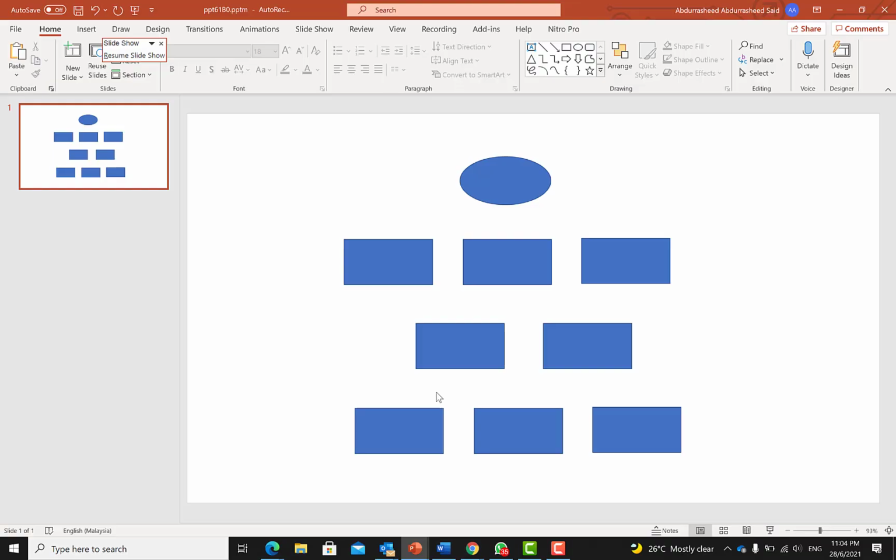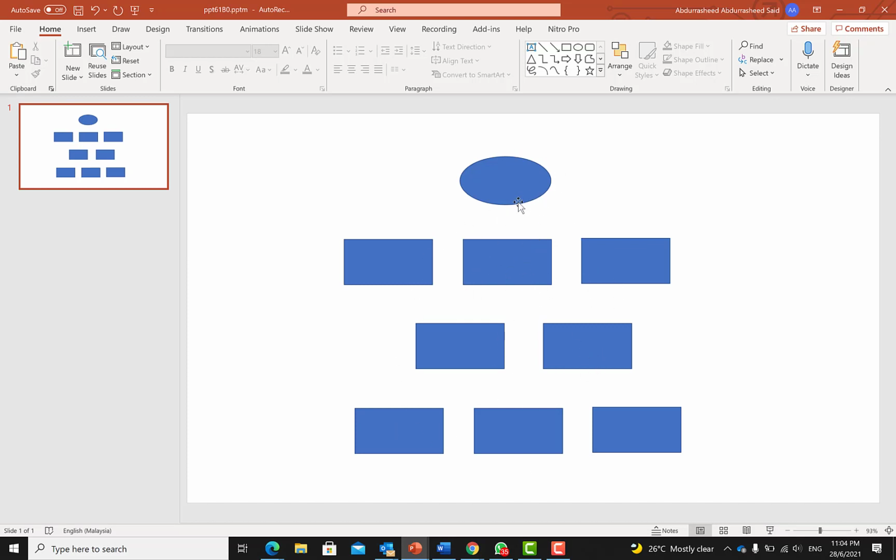So the next tip that I have for us is actually how to use the lock drawing mode. Lock drawing mode is a very important feature that we can use while drawing our flowcharts and other diagrams, or any other connecting shapes within a particular flow of events or an organizational chart or something like that. So to show you an example, assuming we want to connect these shapes